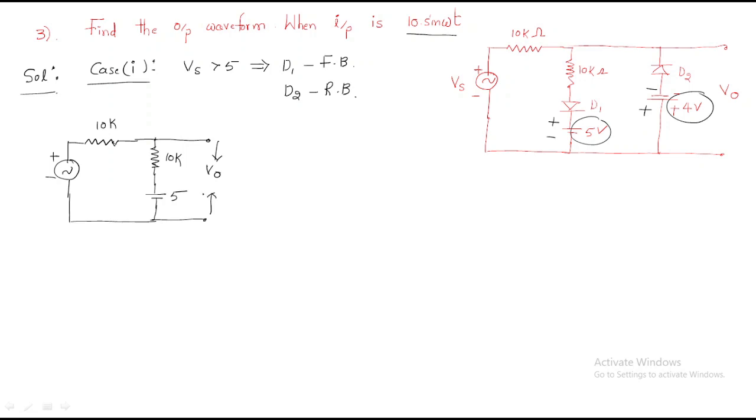So now we will find out the output waveform by using KVL. We can write the output like this: the output is equal to output plus output minus. Say this is the loop current I, in the loop equation, then we can write the output equal to 10k into I plus 5. So from this we can write